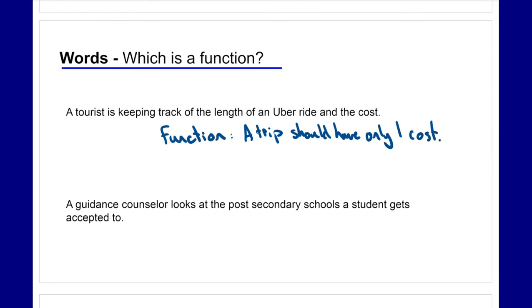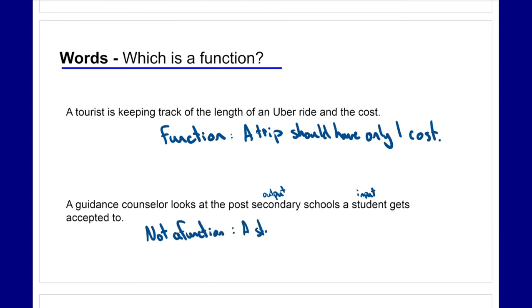A second example, a guidance counselor looks at the post-secondary schools a student gets accepted to. This one might be a little bit tricky because it's looking at something else, but we can think of an input as a student, and output would be the post-secondary schools. If this was a function, that would mean that for every student, there was a singular acceptance or post-secondary school. But we know that may not always be the case. A student can get accepted to multiple schools. So in this case, we might argue that it's not a function